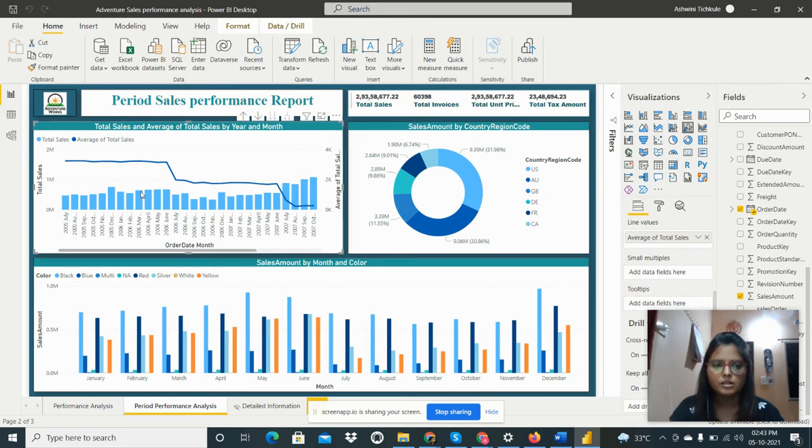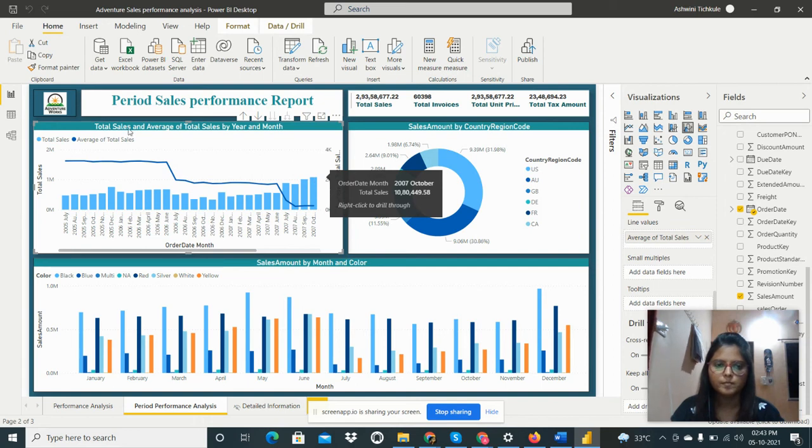Okay, so we can move our cursor here, and we can see 2006 July is having the average of total sales 1977.73. Here this will give you the total sales for this particular month. Okay, the highest average value is for 2005 July, and for 2007 October, the total sales value is the highest.